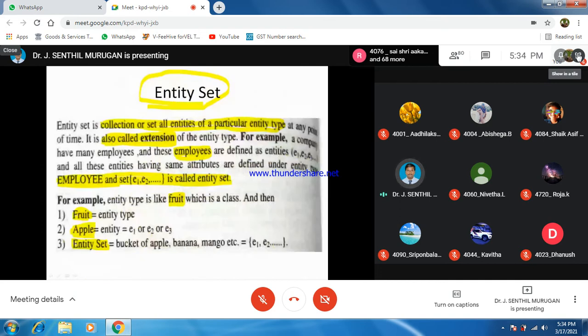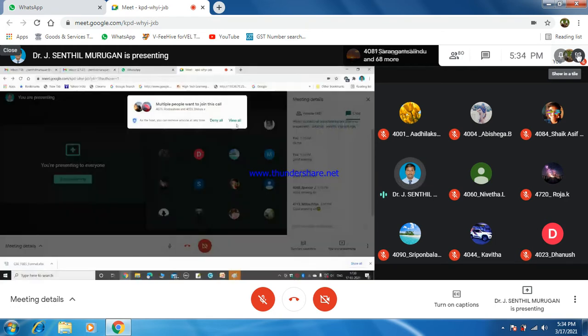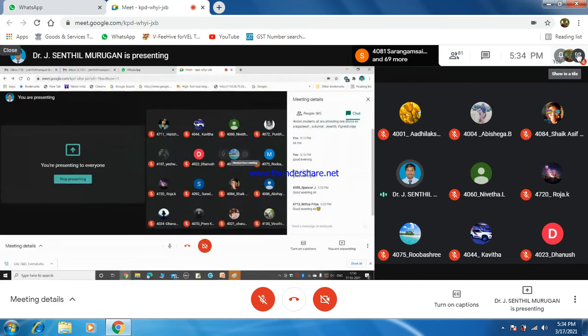So entity is different from entity set. It is also an MCQ question. Now, a set is a collection of all entities. So a set of collections.